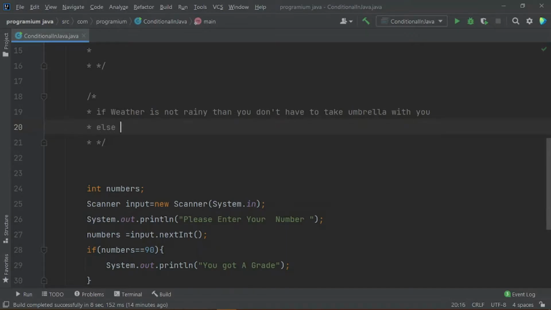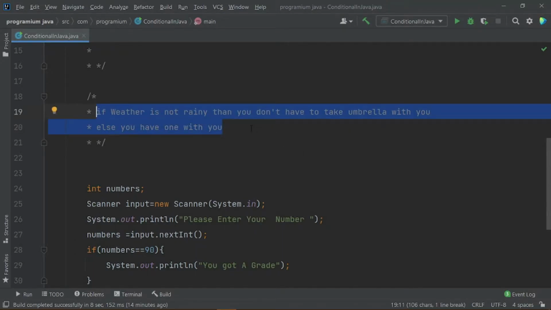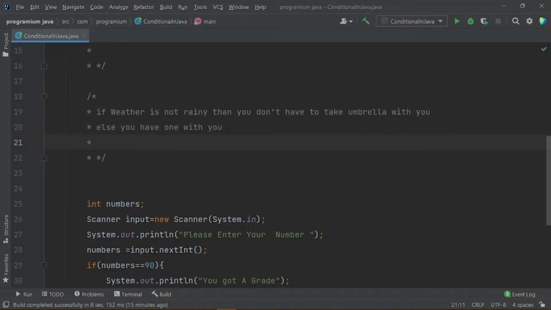Then we will put else here, else you have one with you. So guys, this is the basic syntax of our if else conditions. You can say that if this is happening right now, then you have to do this, and if this is not happening, then else you have to do that.